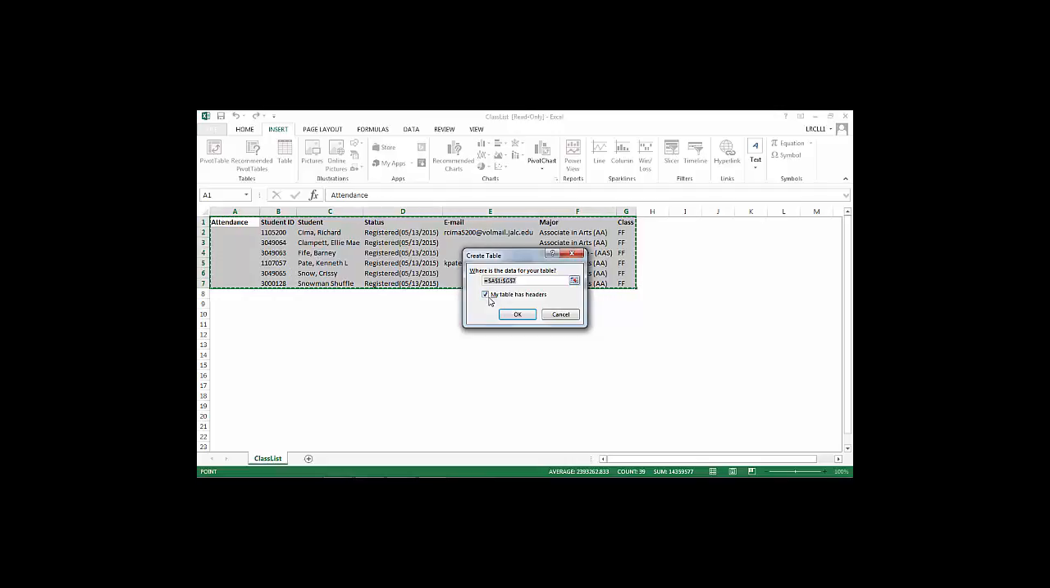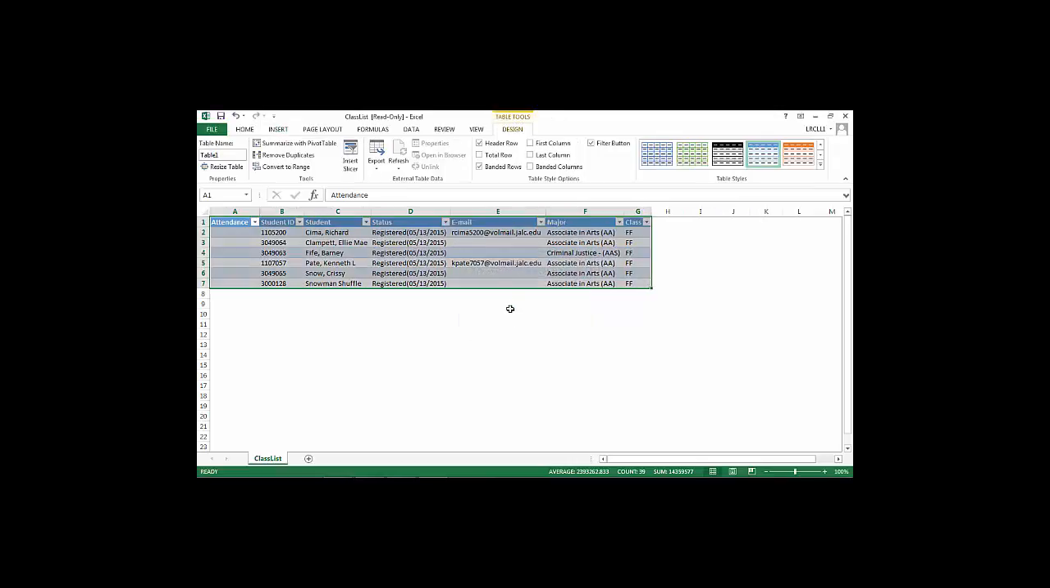So that is correct. You also want to make sure there's a check in the checkbox here that the table has headers, because you do have a header row there. Okay, attendance, student ID, that would be the header row. So I'm going to go ahead and click OK. Now it's inserted a table with a blue formatting and a blue header, and